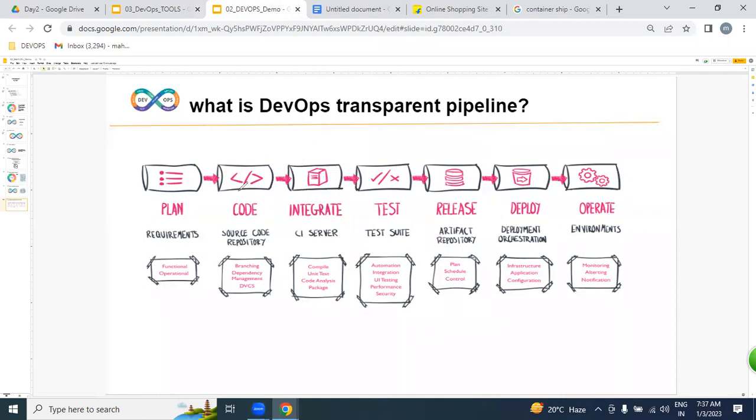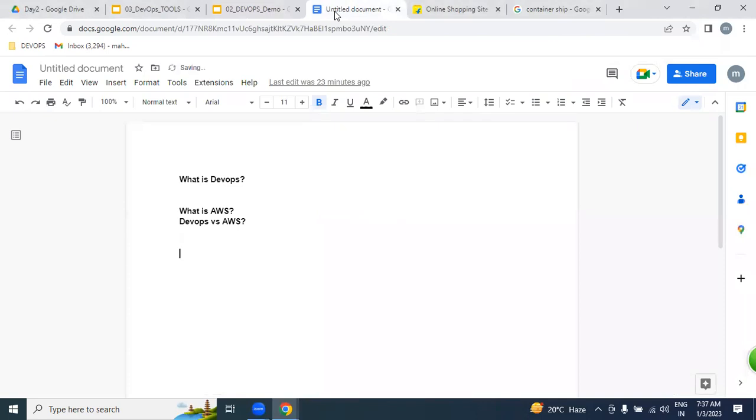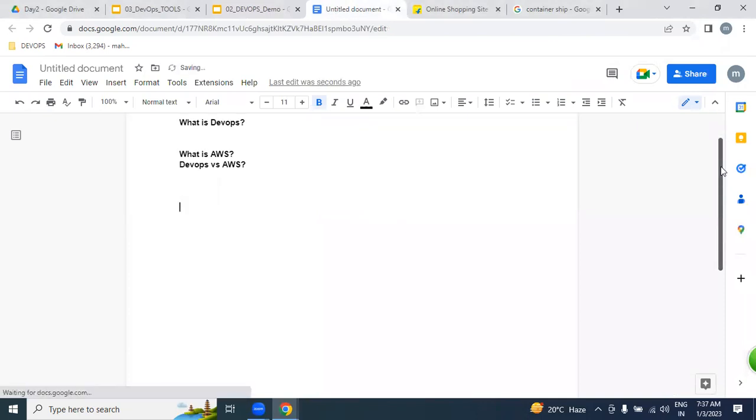Guys, please listen very carefully. We are going to be implementing CI/CD. After CI/CD, the working software we're going to be placing on where exactly? Hundreds of servers. But my question is, from where can you get these hundreds of servers? How many ways can we get them? Anybody help me?